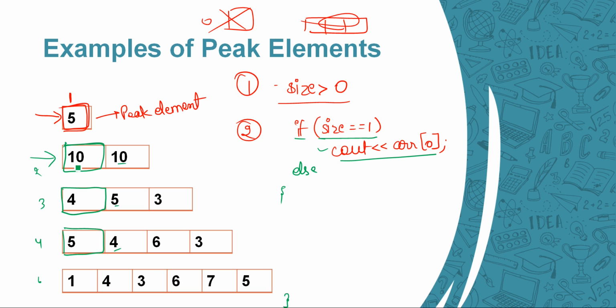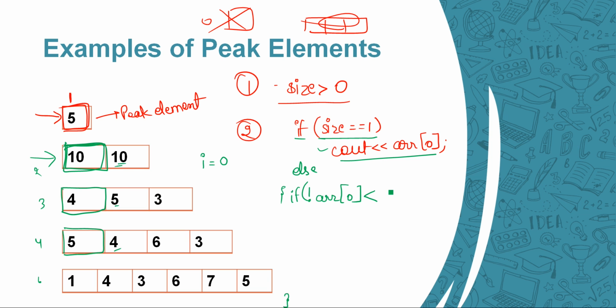Now the leftmost element will be compared with the neighbor element. Let's say we take a variable called i, and i will be initialized with 0. Then what we need to check is if arr[0], which basically means the leftmost element, should not be smaller. We are not going to check for greater, but we are going to check that it should not be smaller, right?